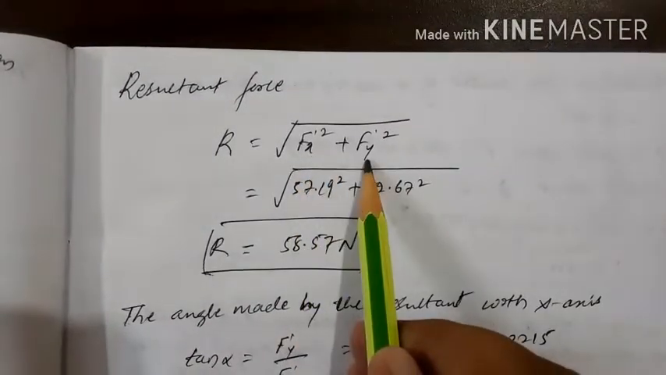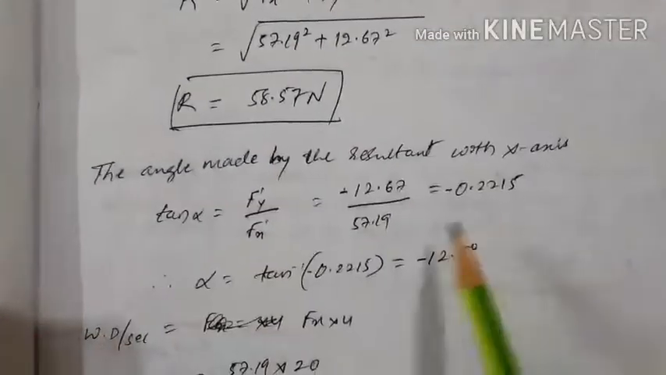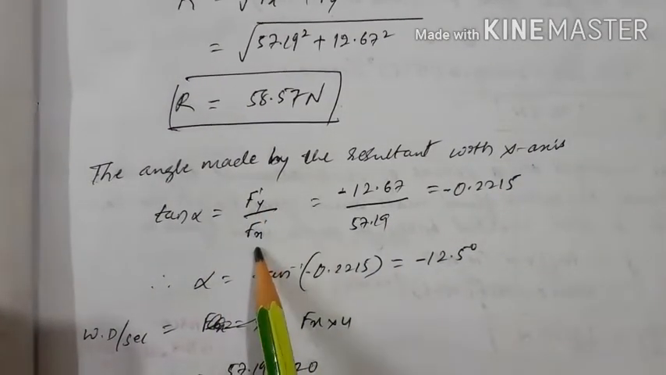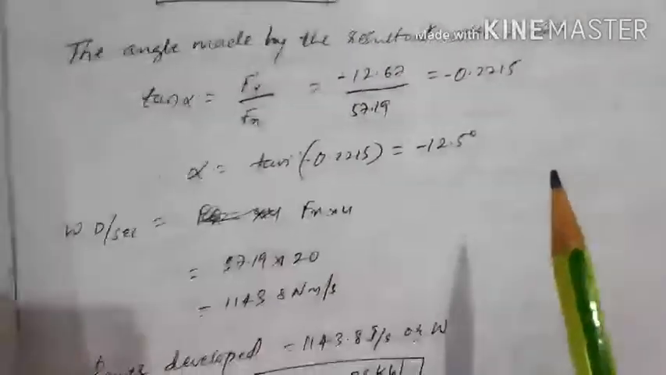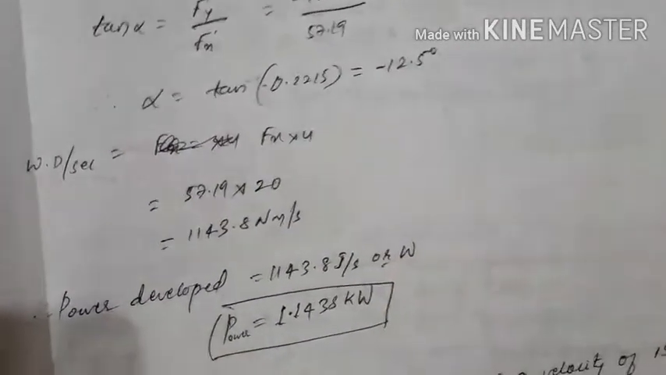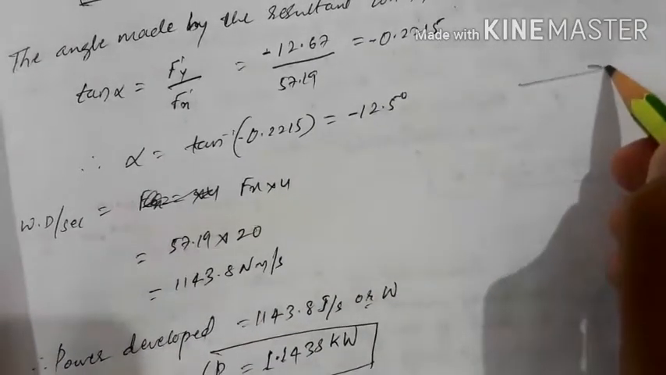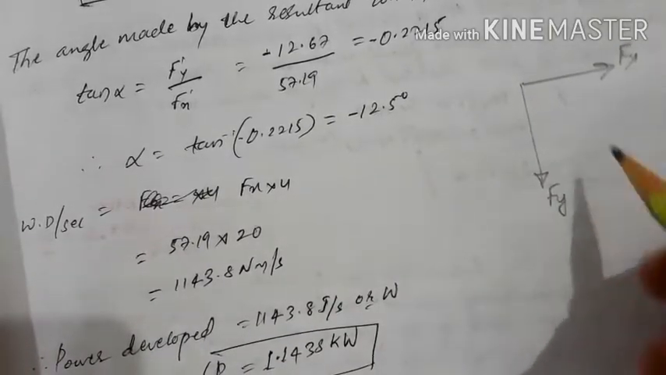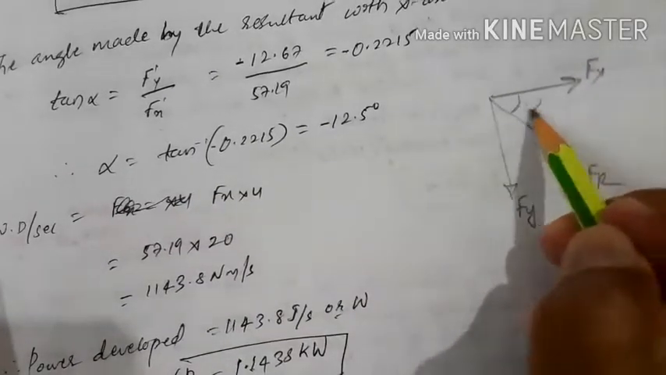root of fx square plus fy square. Substitute the values here, we get 58.57 Newton. Then the angle made by the resultant with x-axis, tan alpha equal to fy by fx. Then we get a minus angle, that minus indicates the angle to be measured in clockwise direction. Then we have to draw this one. We have got positive fx and negative fy and resultant force like this, and you have to measure alpha in